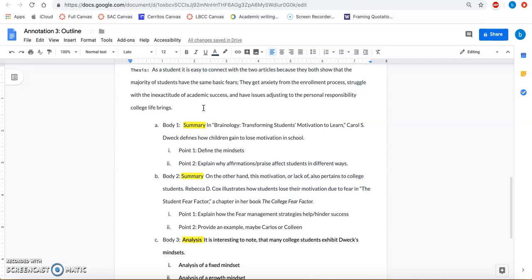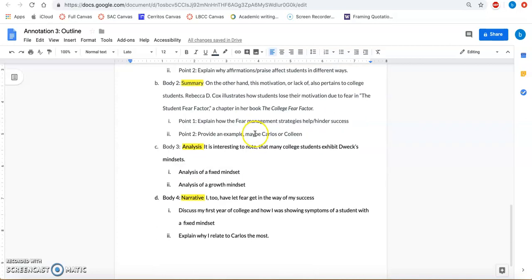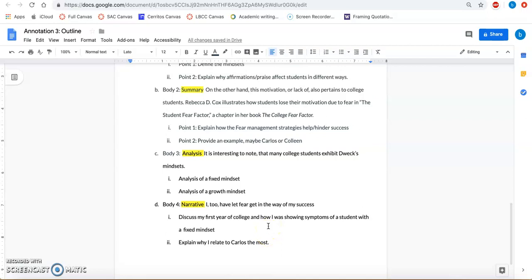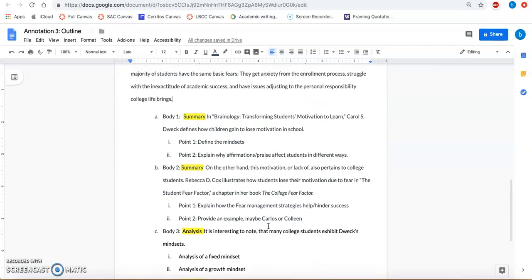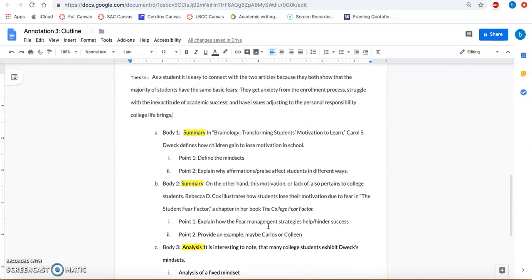The thesis statement also discusses the anxiety, the struggles with academic success, and the issues adjusting with personal responsibility that college brings. And that's what we're going to really introduce here in the analysis portion and in the narrative. Overall, how not only the students in the college fear factor, but the writer of this essay is having a difficult time